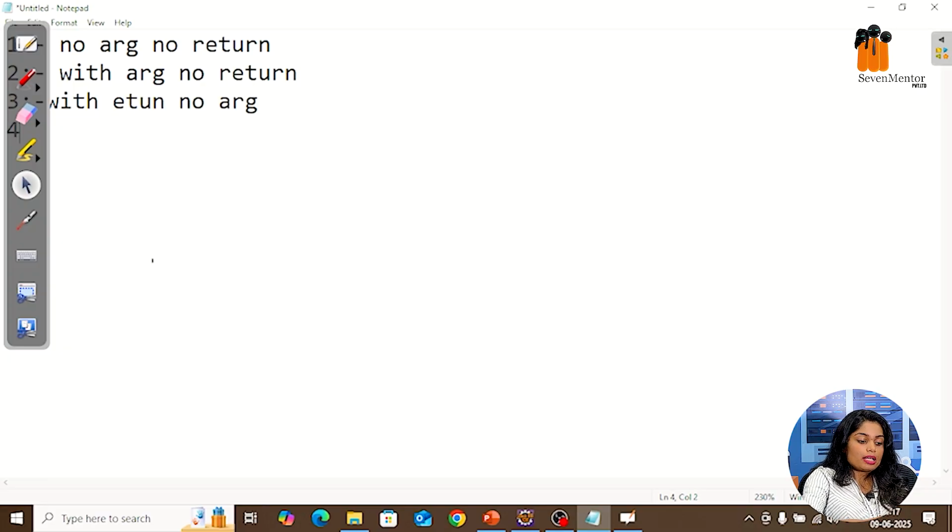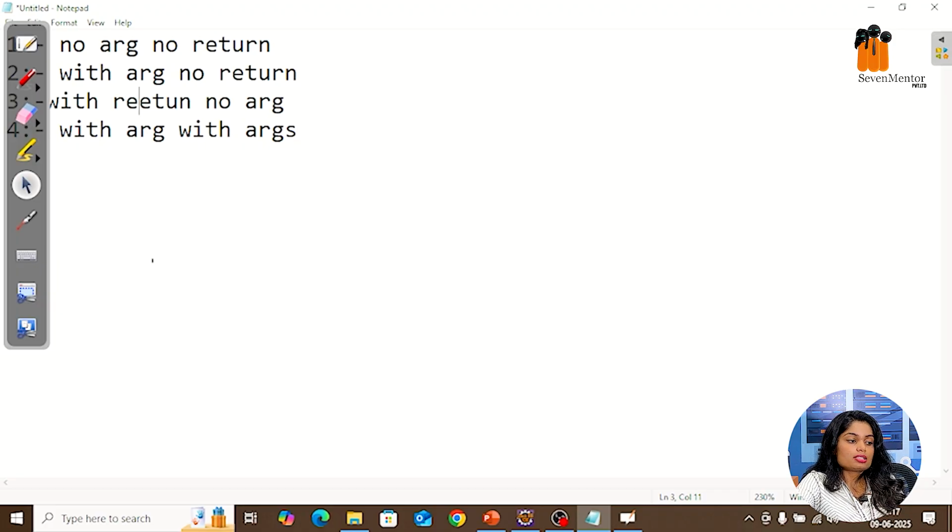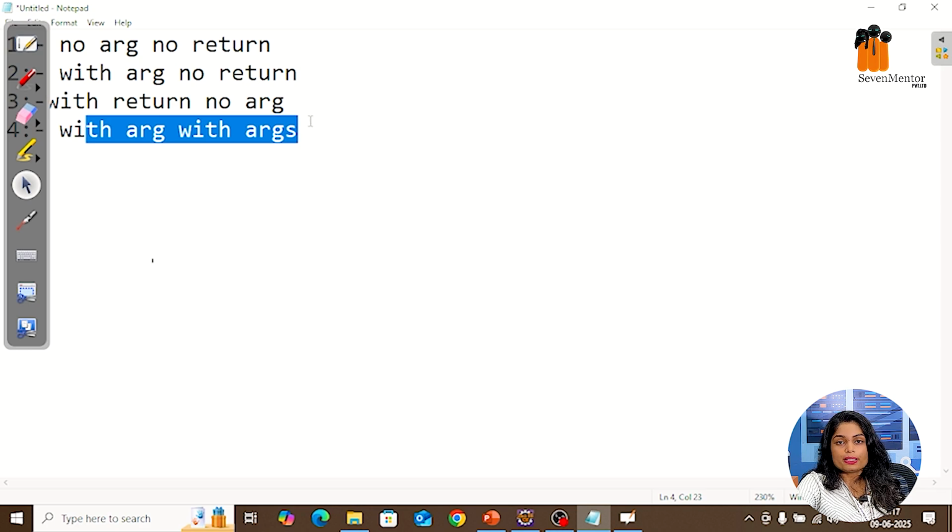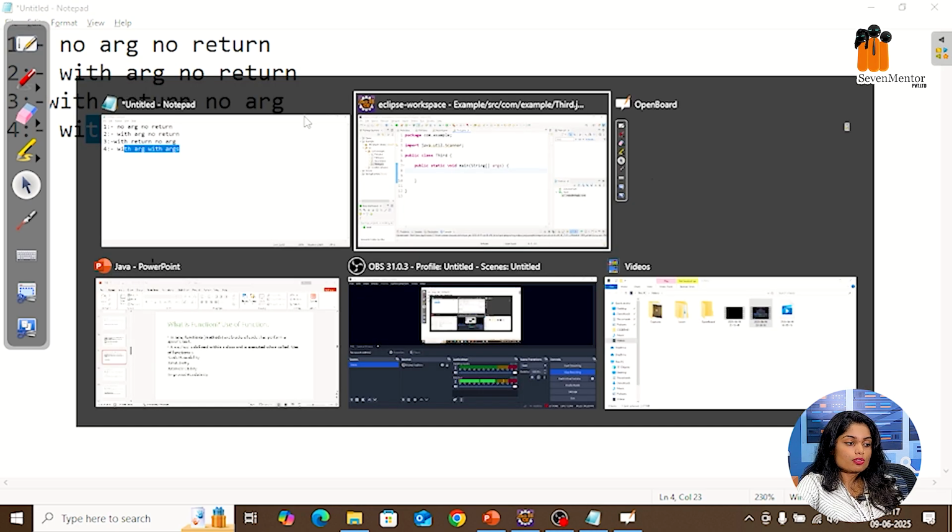And the fourth type is with argument and with return. So simply: no argument no return, with argument no return, with return no argument, with argument with return. Those are the 4 types of functions.